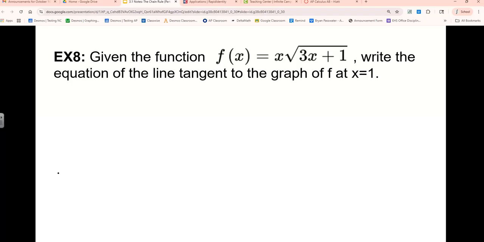I want you guys to have a little more time to work. So I'm not going to do 8 either. But let's just think about what you would need to do for 8. It is just like any tangent line problem we've done, right? What do you need to do first? The point, you just plug in 1 into the original. What makes this fit in this section is for the second part, you've got to do the derivative at that point, and then the third part's to write the equation. So we might do this for warm-up tomorrow instead, actually, because it's a good one to do, but I would rather you guys have a little more time to do